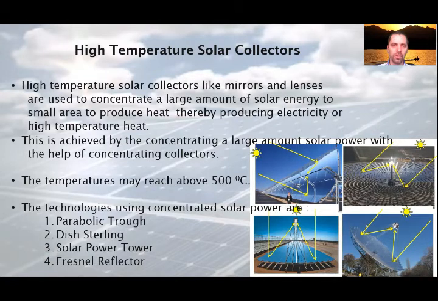We refer to high temperature solar thermal energy to those solar systems that use solar collectors that work at temperatures above 500 Celsius degrees. In this type of installations, once the solar radiation has been transformed into heat energy, the next objective is to transform this heat into electrical energy.